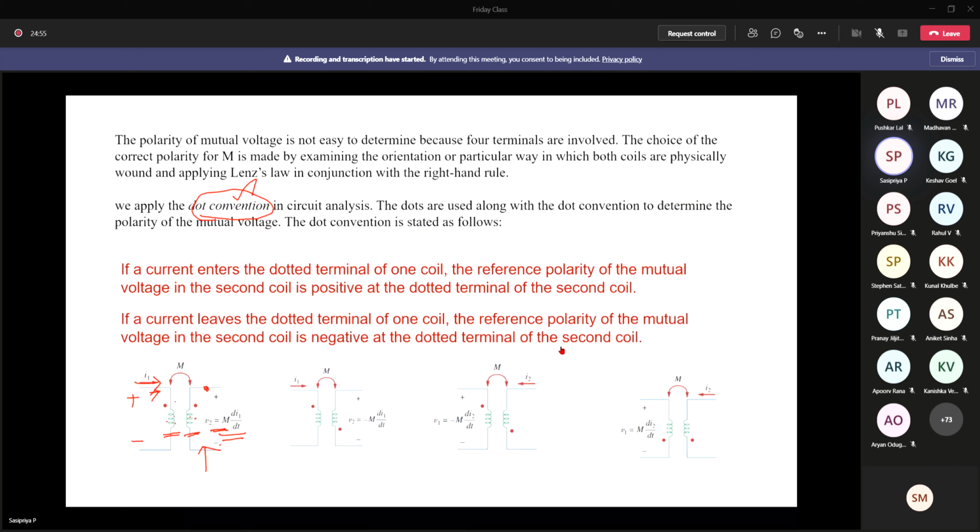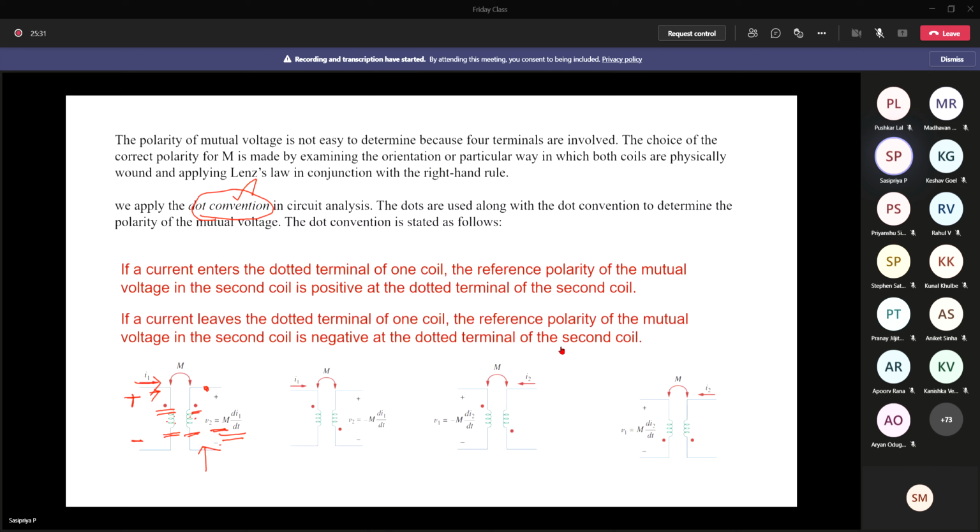So what is the purpose of the dot convention? Why do they represent these dots in these magnetic circuits? It is used to determine the EMF induced due to the mutual inductance. For self-inductance, no problem, because this is the current flow and I know that this is the current, so obviously my induced voltage is going to be like this. Whereas due to this mutual inductance, I have my EMF, right? So how will be the polarity of this EMF? To find that, we have something called the dot convention. That's the reason in all these circuits there is a dot representation.